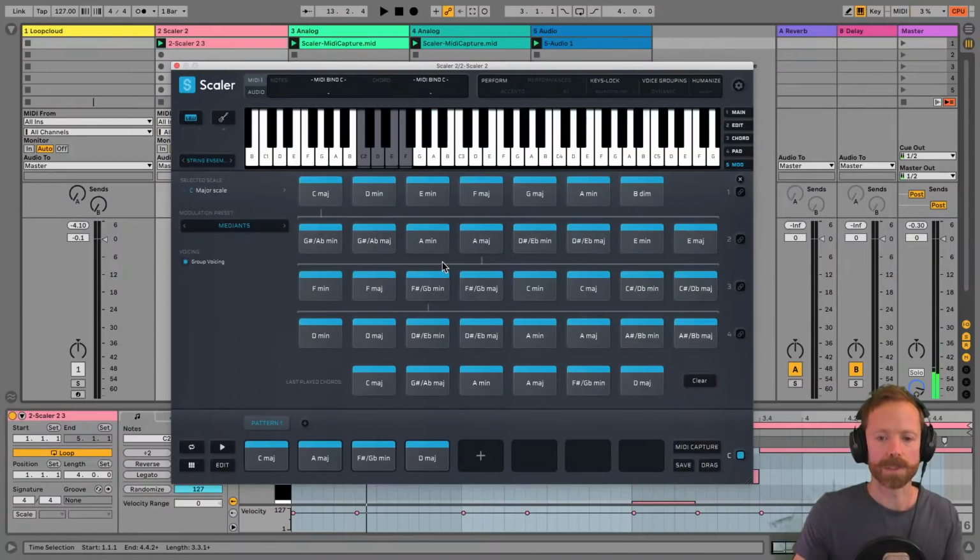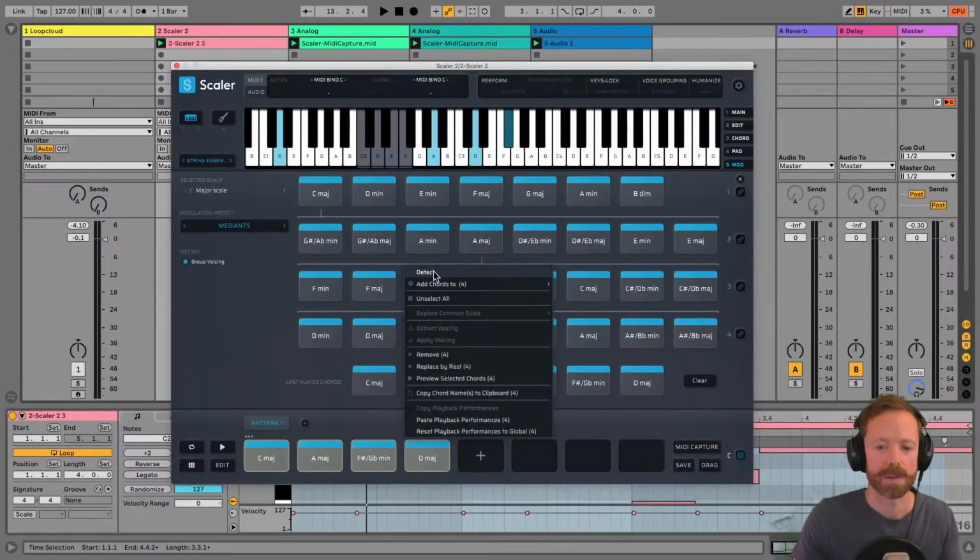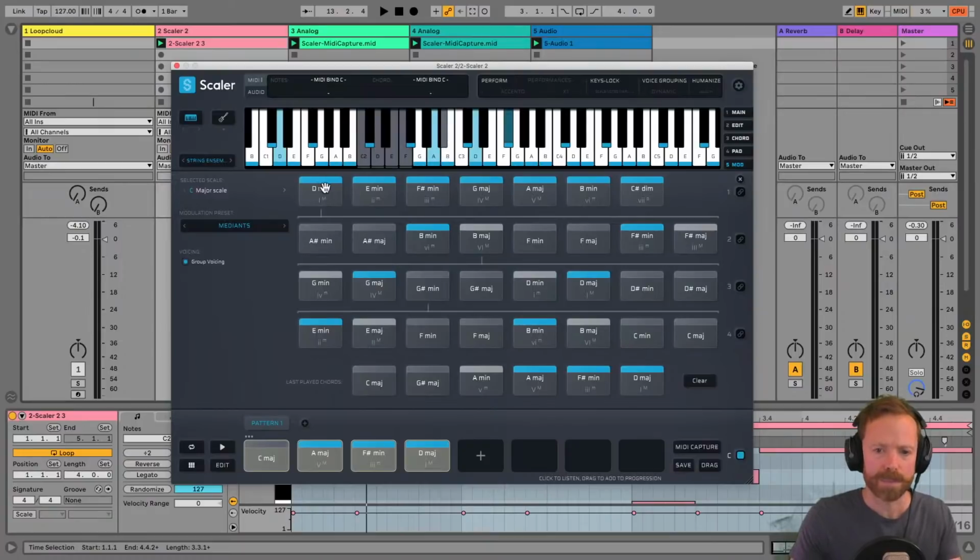I may just drop them all down an octave, and once you've selected a particular sequence, you can also select and detect them, and then it allows you to move on from where you are.